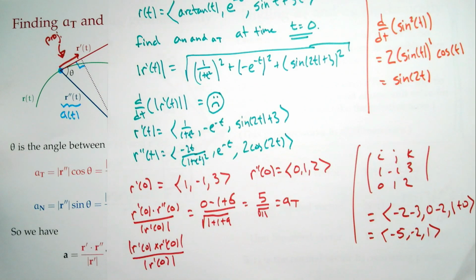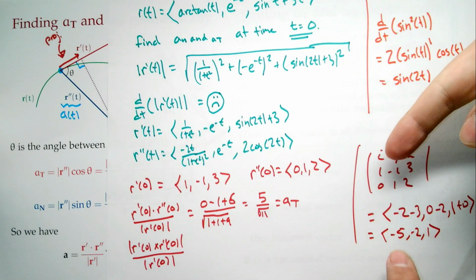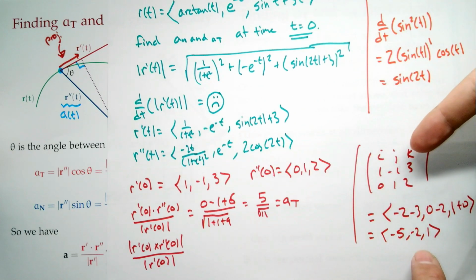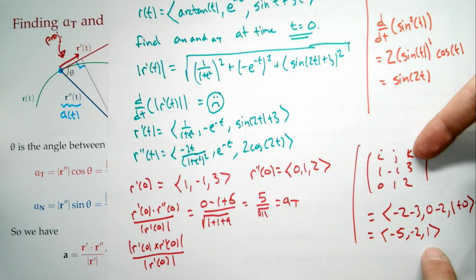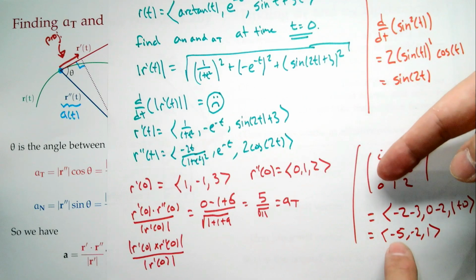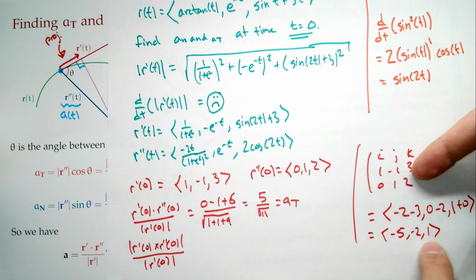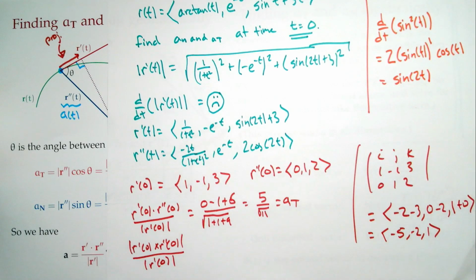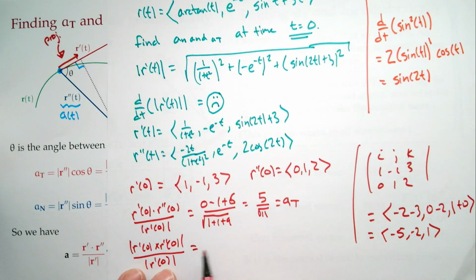Yeah, I should check. I'm always paranoid. All right, dot product: minus 5, plus 2, plus 3. Oh, that's 0. That's a good sign. 0, minus 2, plus 2, 0. Okay, good. So it's the magnitude of this, negative 5, negative 2, 1, over, and this downstairs we already